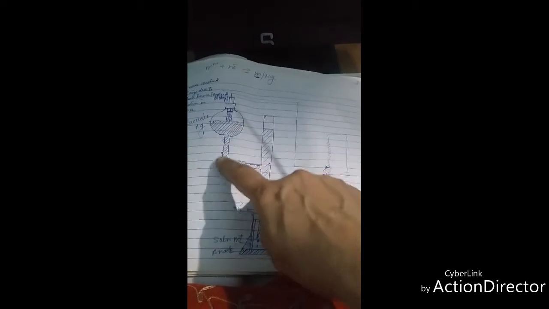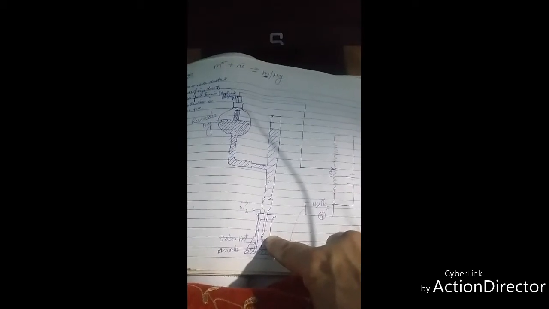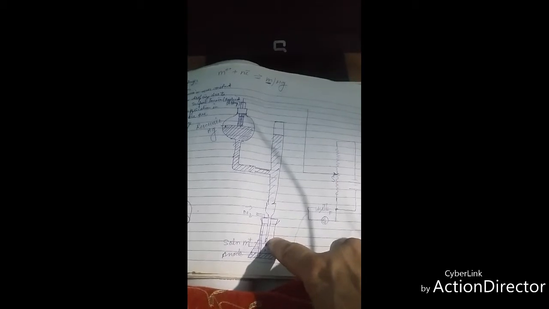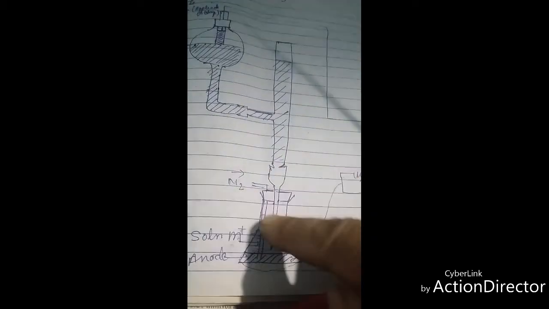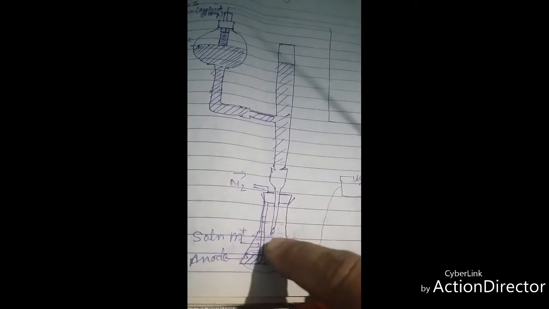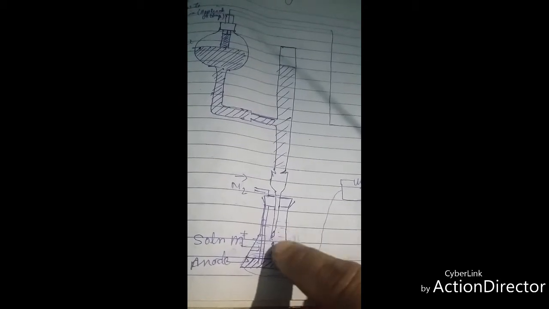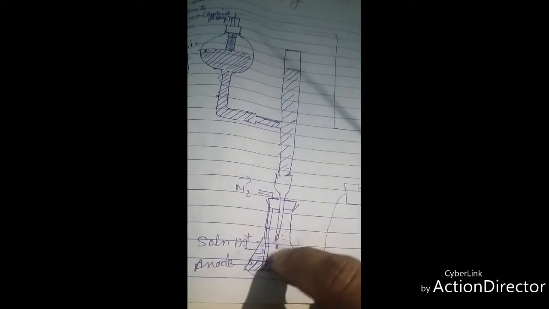Now if you keep the height of the mercury reservoir the same, then a new drop having the same size and shape as the previous one will fall in succession. Now the metal ions which are in the vicinity of this cathode will migrate due to the attraction, and they will undergo reduction here.